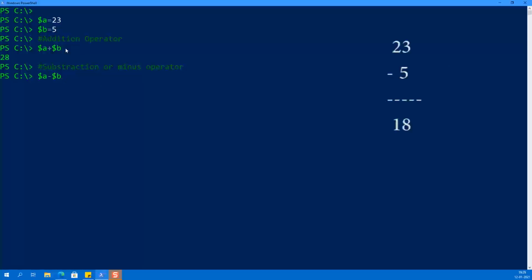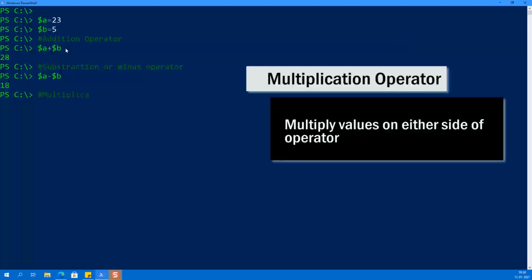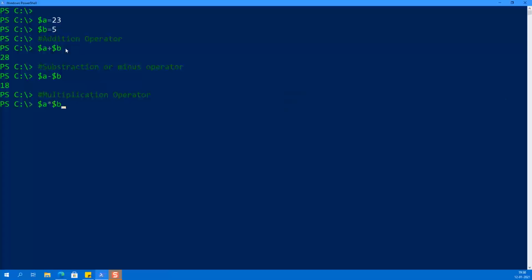It will subtract 5 from 23, so the result is 18. Now we are going with the multiplication operator. The example goes like this: $a into $b. This will multiply 23 into 5, so the result is 115.